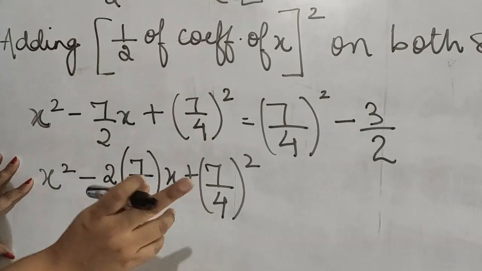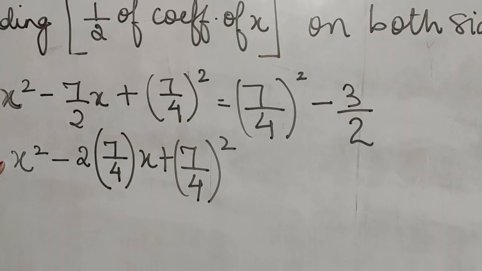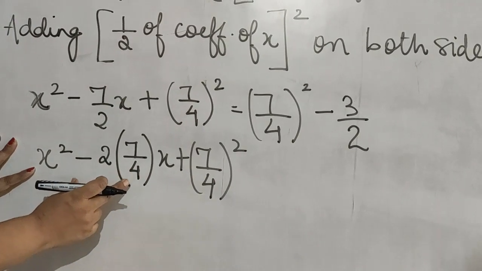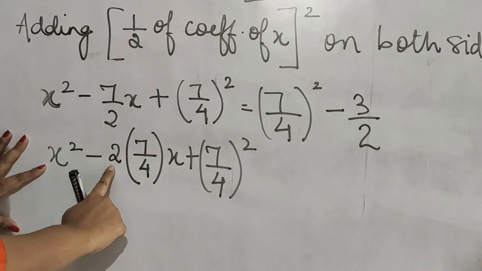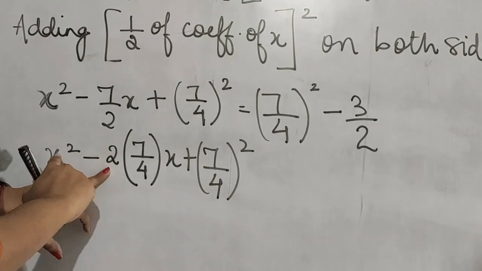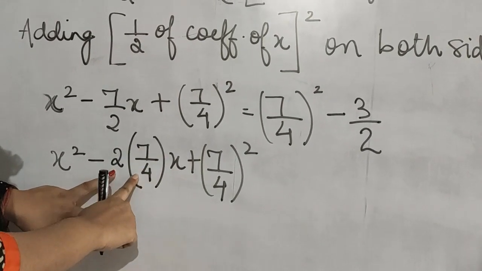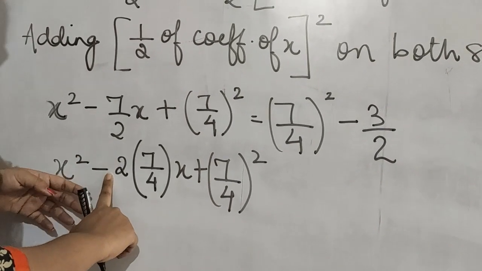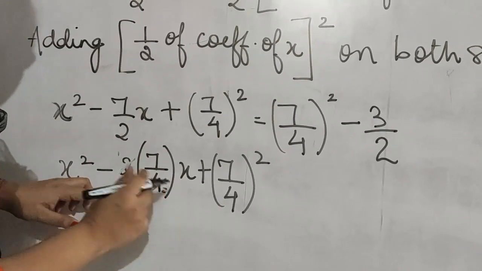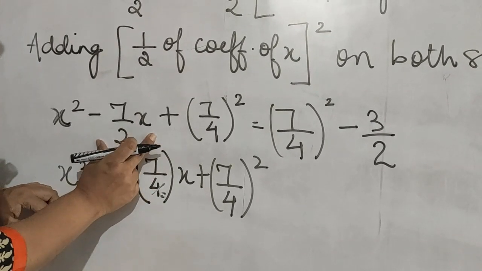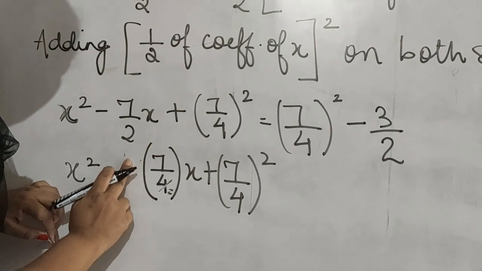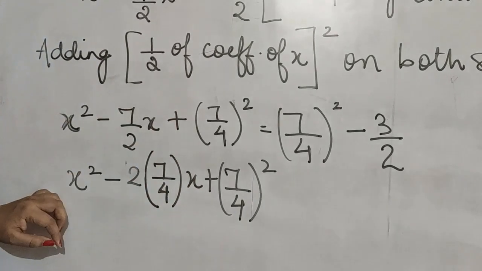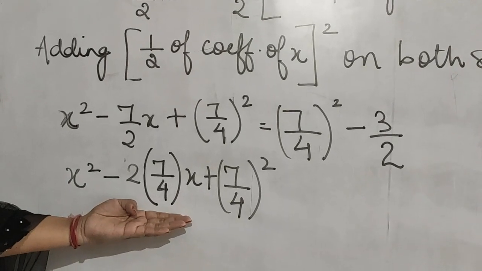Now you see we are getting a quadratic formula over here, a square minus b square. What is the formula of (a minus b) whole square? It is a square plus b square minus 2ab. So over here minus 2, a is x, and b is 7 upon 4. If I multiply 2 over here, 2 ones are 2 and 2 twos are 4, it will eventually give you 7 upon 2, the original equation. But to turn it into a proper quadratic formula so that we can write it in the form of (a minus b) whole square, I have made this particular change in this equation.